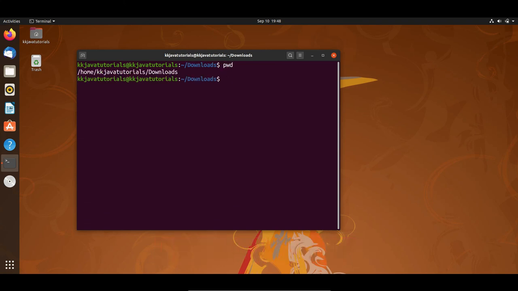This will give you the present working directory. Now you can see I'm inside the downloads directory. I hope you understood the difference between absolute path and relative path. If you use the relative path, then you don't need to type /home/KK Java Tutorials if you are already in the home directory. So guys, a big thank you for watching this video.